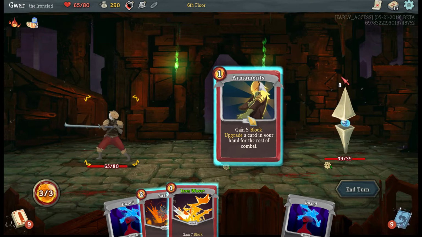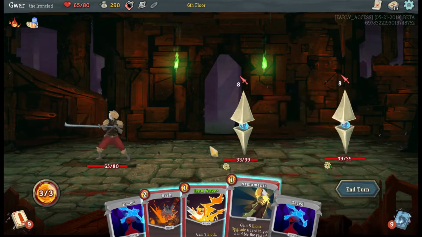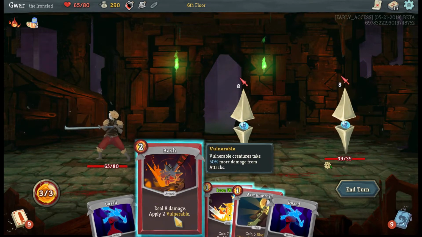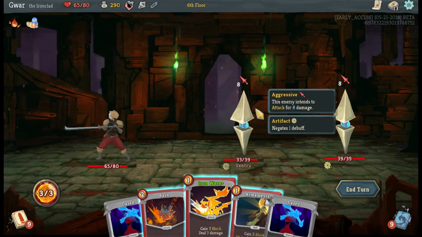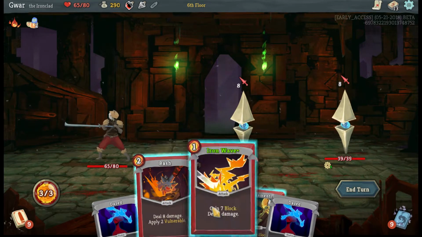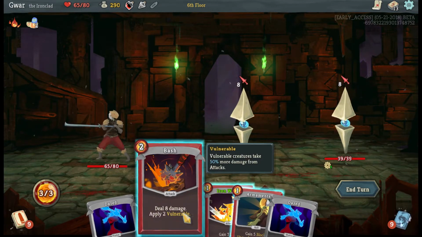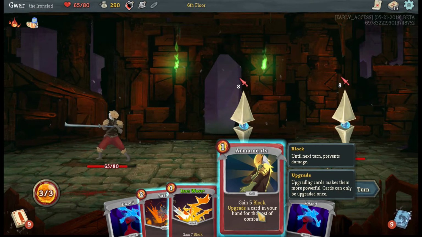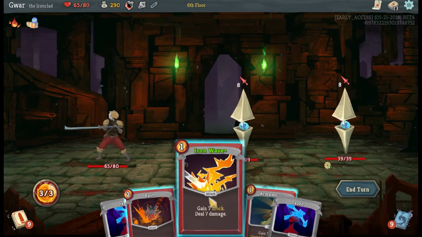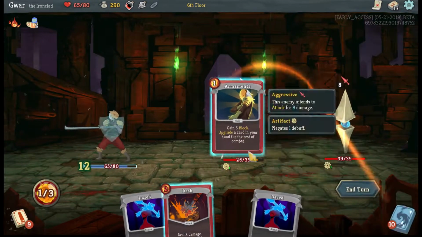Let's go... this is interesting. If I play this and this, I get 12 block, but I can't use my upgraded card. If I play this and this, I take a lot more damage potentially. But I do hit for 15 plus 5 is 20. I say go damage mitigation right now, honestly. I know it seems like an odd choice, but...